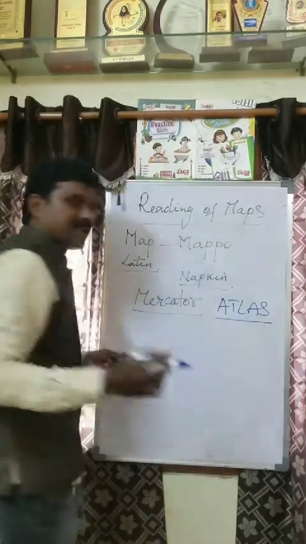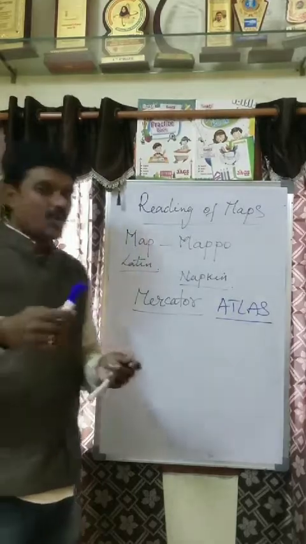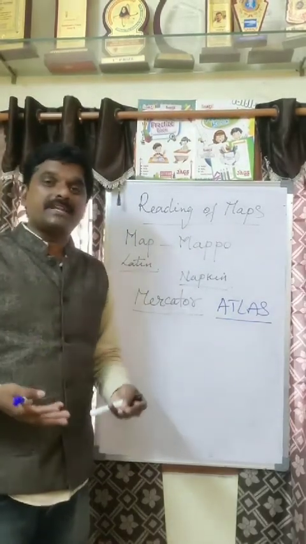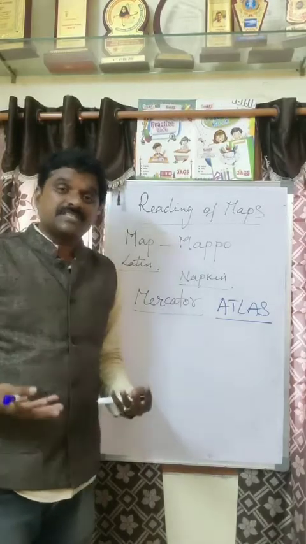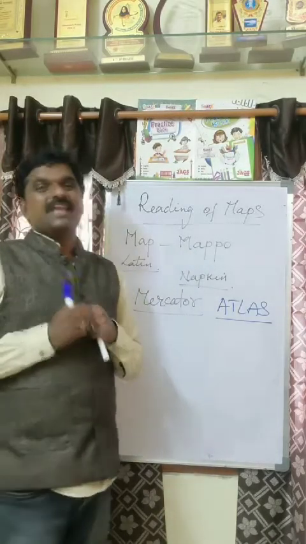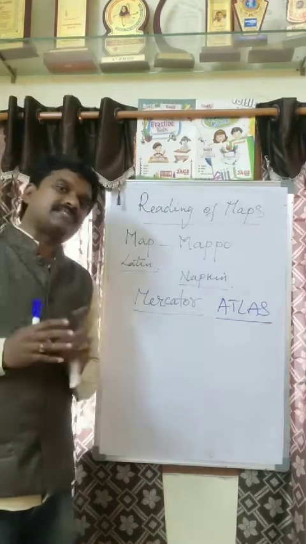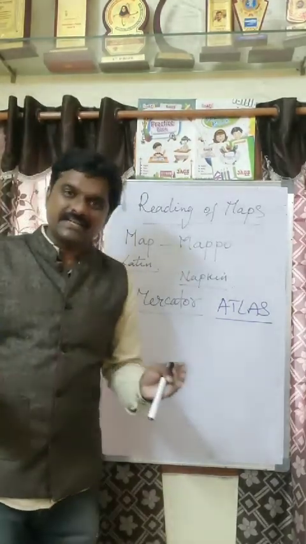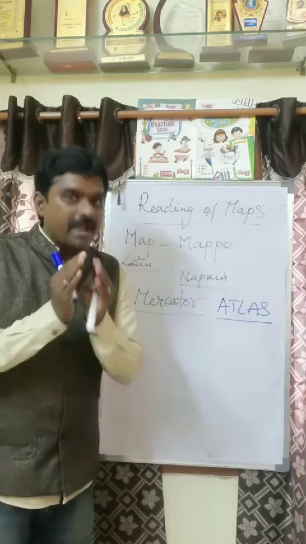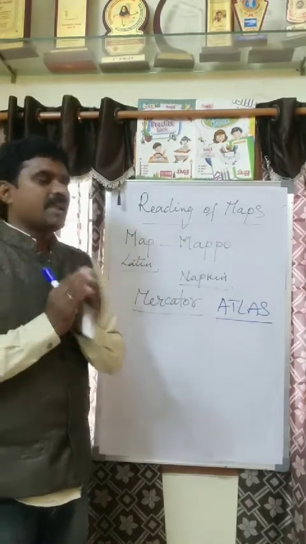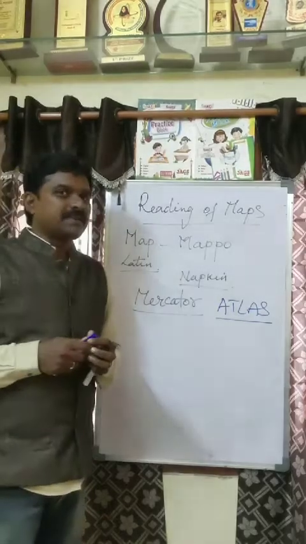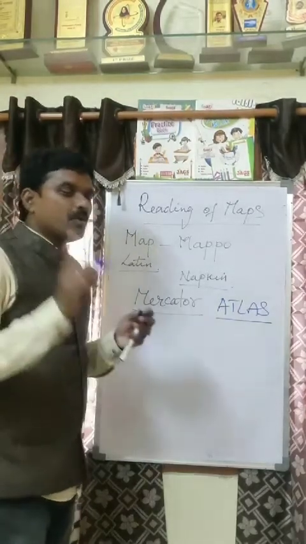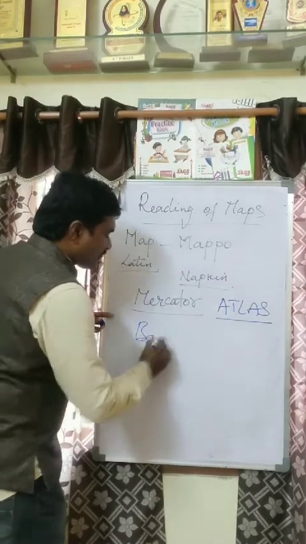You know atlas. If you have an atlas, you just open the atlas and see. In an atlas, you will have a world map and all the different continent maps. You have different physical features maps, climate maps, different kinds of maps you come across. So this Mercator collected different maps and made them into a book. Is it clear? And dear students, one important thing is that Babylonians are the first people who introduced these maps.